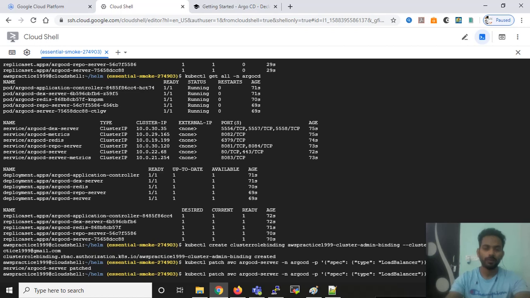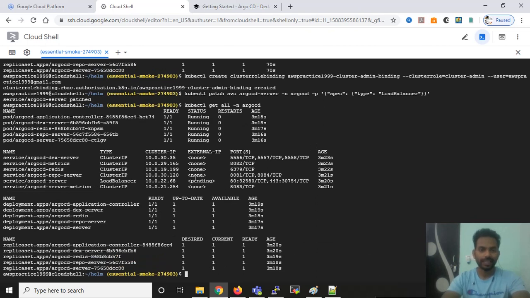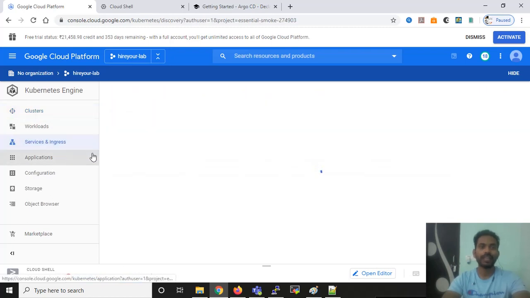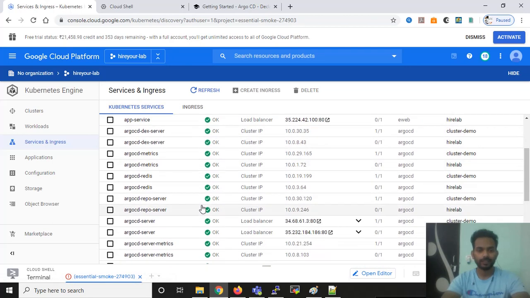So now I can check the status again. Once I check the status of this, we can see that the external IP is in a pending state, and the type of Argo CD server has changed to load balancer. So this is acquiring the IP address. You can check from here, or you can go to this web page and click on service and ingress, and you can see that